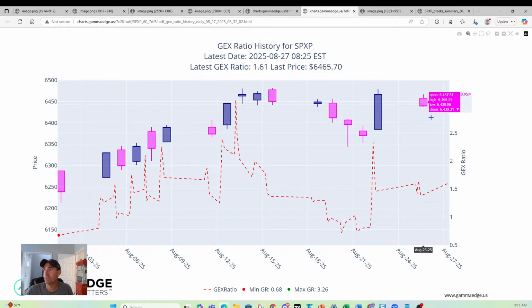What we'd be looking for is if spot price is up and GEX ratio is down, indicating that the short dated out of the money call speculation is starting to wane and dry up a little bit. So that's that out of the money speculation to the upside, and that would most likely prohibit a significant advance in price. But again, staying above 1, we give the edge to the call speculators as well as the bulls, as long as we're maintaining that level.